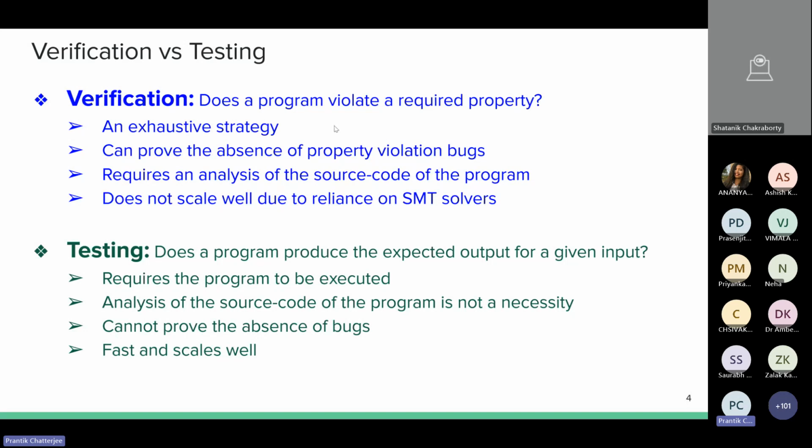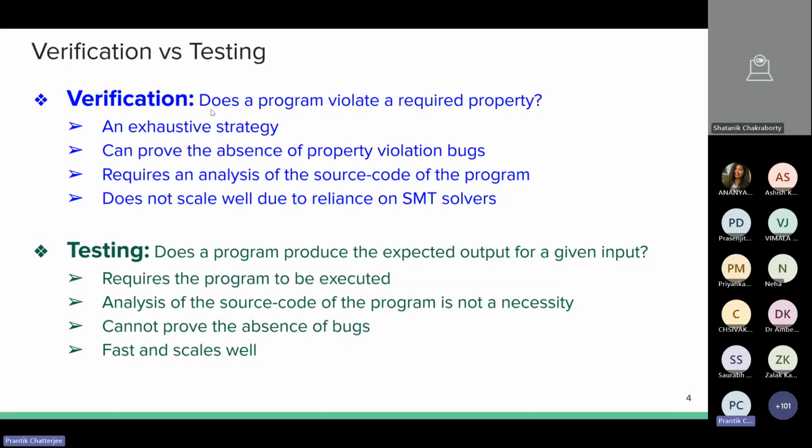So essentially, if a verifier says that a program does not contain a bug, here by bug I mean this property, so let's say a verifier says that in this program a division by zero cannot occur, that means the verifier has computed a mathematical proof which shows that this required property violation cannot occur. So therefore, verification is sound and complete, and it can prove the absence of property violation bugs.